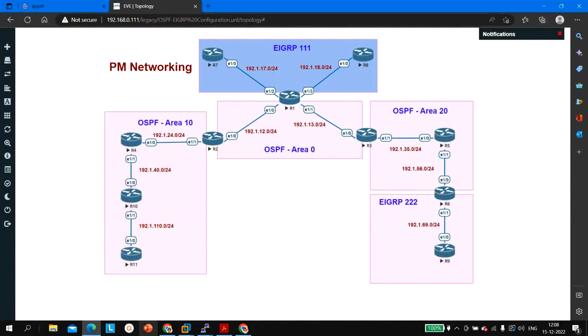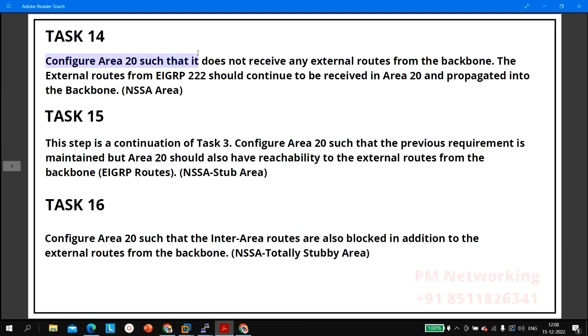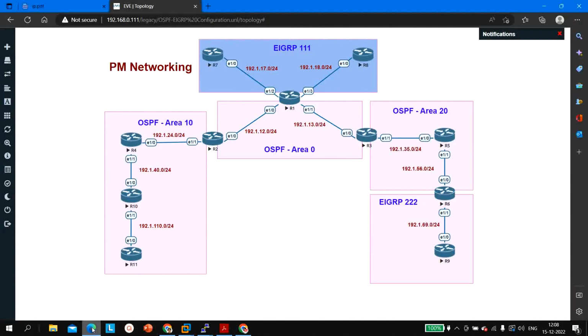Now let me move to the next task very quickly. Task number 14, configure area 20 such that it does not receive any external routes from the backbone. Okay, so after that, the external routes from EIGRP 200 should continue to be received in area 20 and propagated into the backbone area. Okay, so here we need to configure what? An NSSA area. So again go to your topology, and